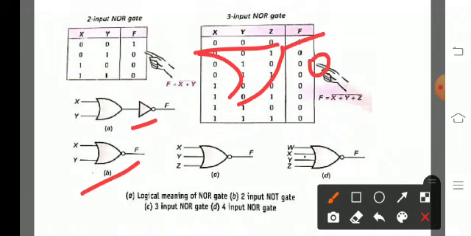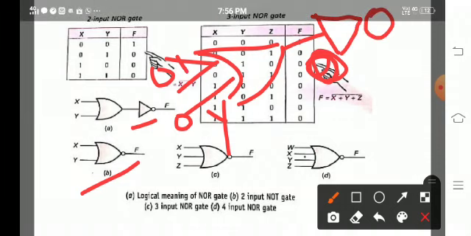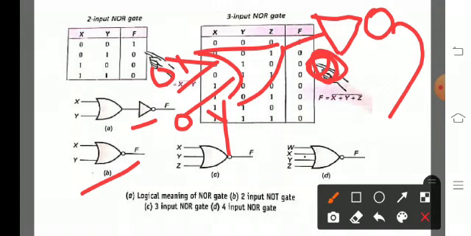Suppose for example OR, here also 0, it is X value 0, Y value 0, 0 plus 0, X plus Y, it is 0. But what does an inverted OR gate mean? Opposite to the OR. So what opposite answer will you get? If you use a NOT gate, you will get the opposite answer. So the input is 0 and the output will become 1. That is what they have written here.